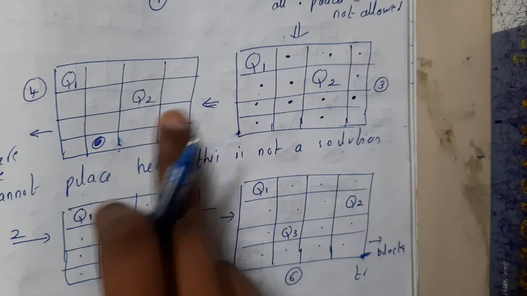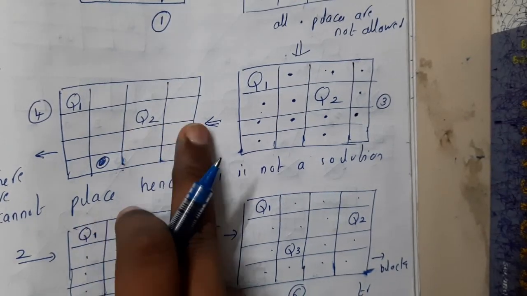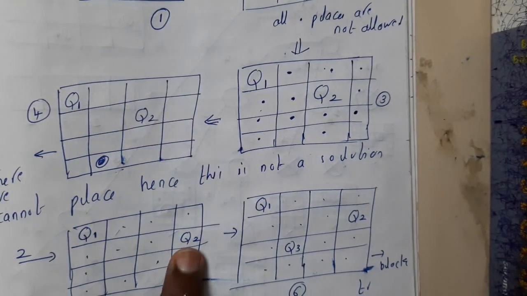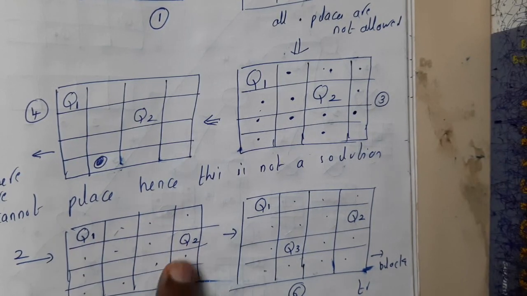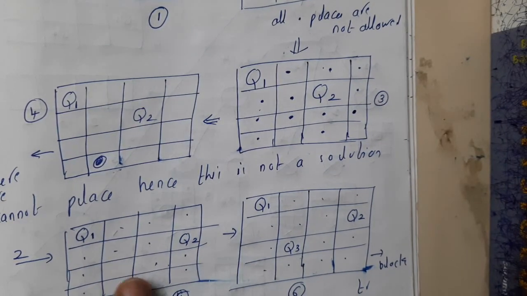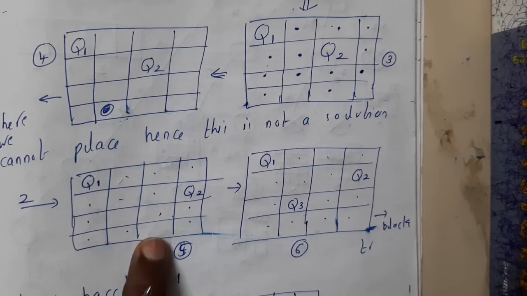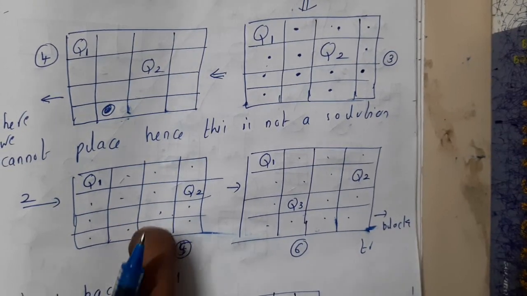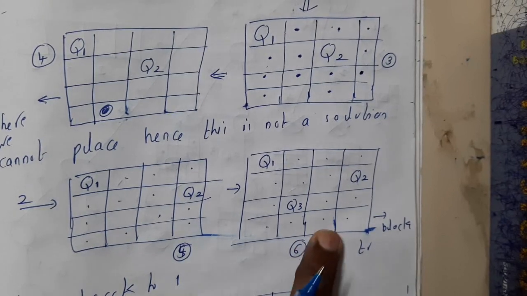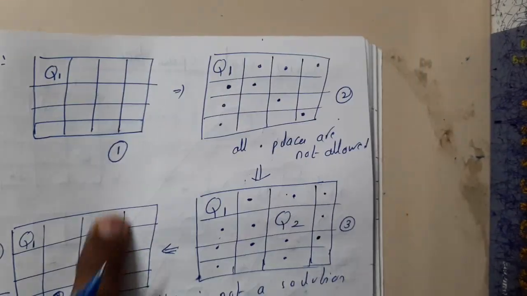That is nothing but here we selected this position, right? So now let us select this position. That is nothing but here. So now again place the dots in all blocked locations. So we are left out with these 2 spots. Okay, so now we will be assuming q1 here, but this q3 here, so this is also blocked. So again it is blocked. So backtrack. There is no possibility.